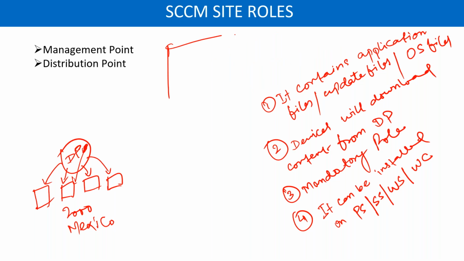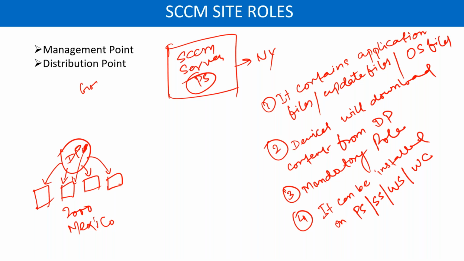So you will have an SCCM server. Let's say this is your primary site server, and that is located in New York. Understood? In New York, you have a primary site server. Now, what you do, you download the content from the vendor website, for example, Google Chrome. So you download this first, and after you download it from the vendor website,